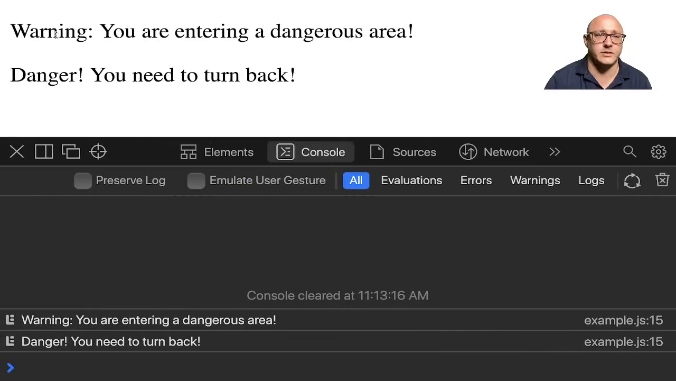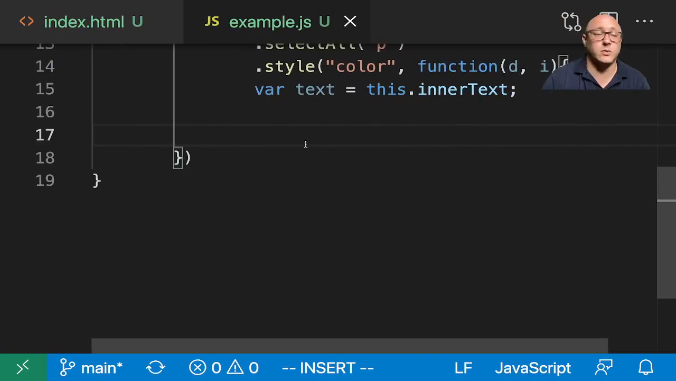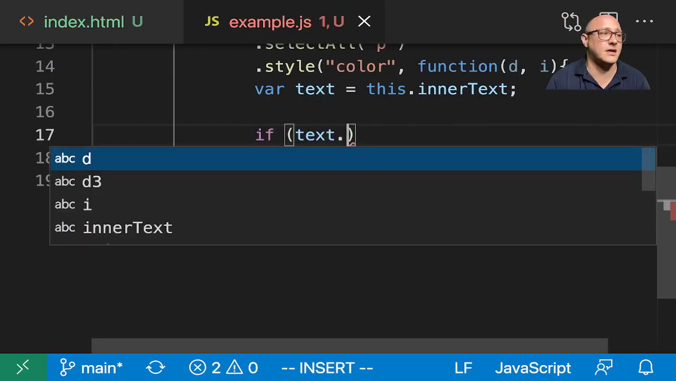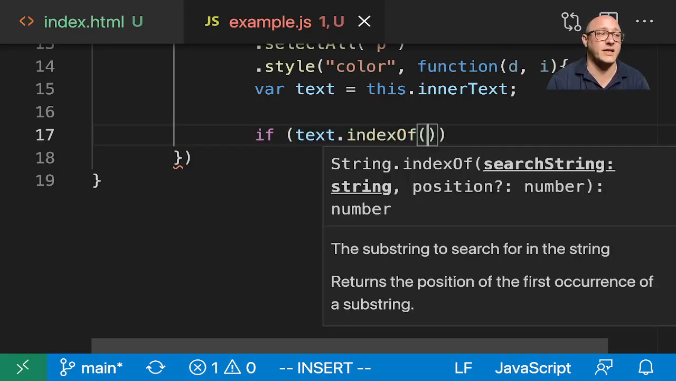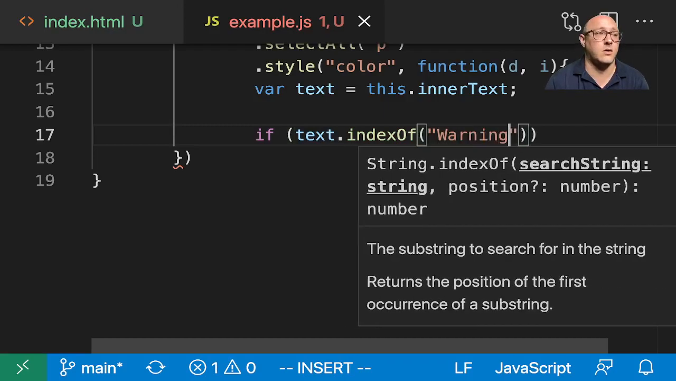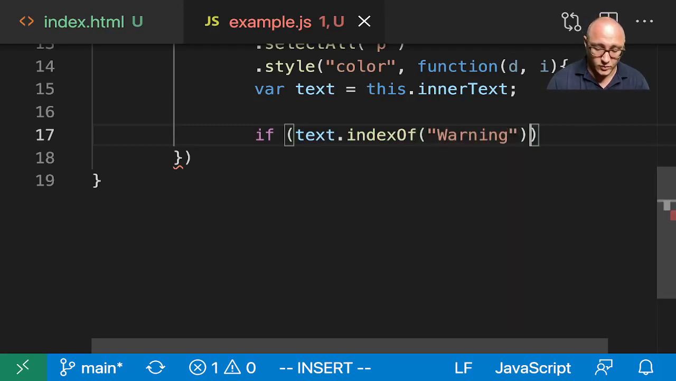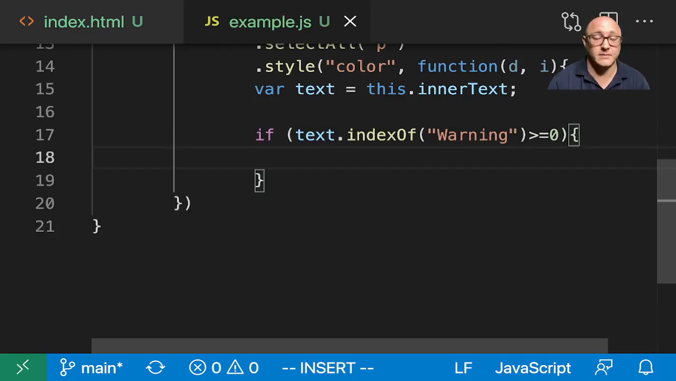And we want it so that we can go back here. So warning, let's say that we want to make the text here orange, and then here danger, if that first word is danger, we want all of this to maybe turn red. So if we do something like if text dot indexOf, because we're wanting to grab that first index, and let's say we want it of warning, is greater than or equal to 0. So basically, if warning is anywhere inside of that particular sentence or that paragraph,